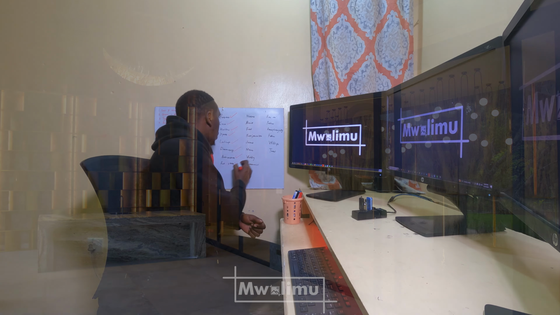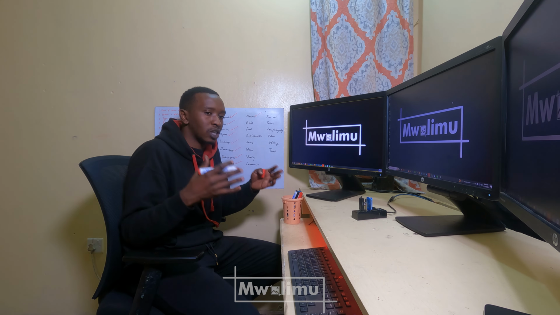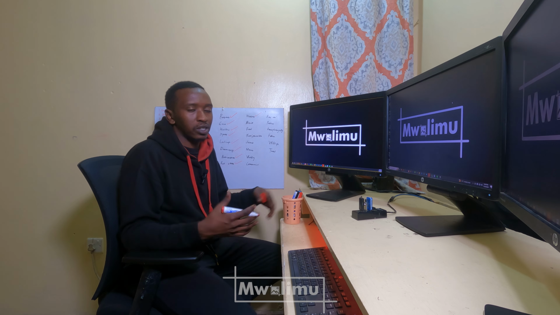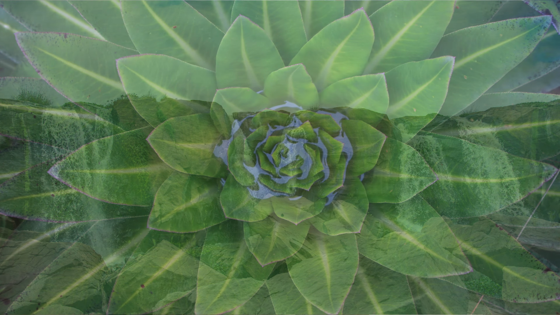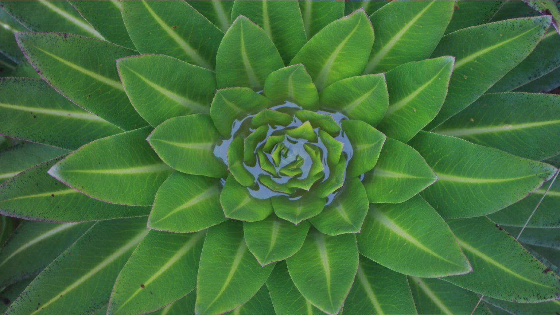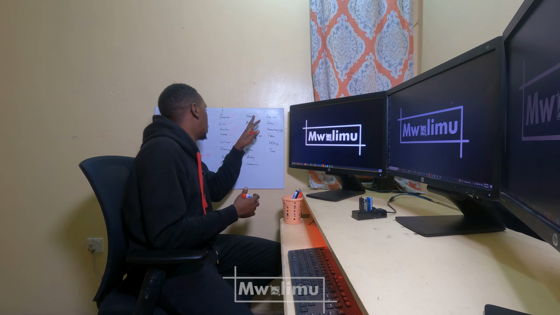So then we have what we call nature photography. This is photography that deals with shooting different aspects of nature. You go and shoot oceans, skies, and things like that. So any photography that deals with capturing the essence and the beauty or the lack of beauty of nature is going to qualify as nature photography.